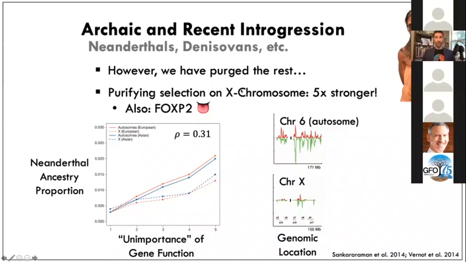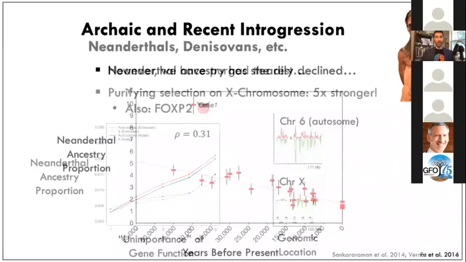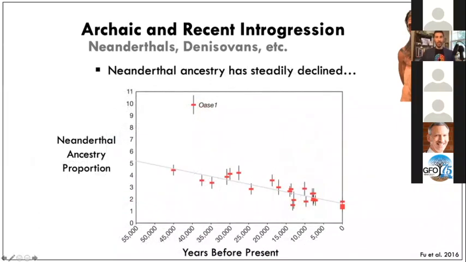Natural selection acts more strongly because there are more conflicts between the X and other places in the genome. So it's 5 times stronger there. Also the FOXP2 gene, which we think is very related to human speech, has the least amount. It's very absent of Neanderthal admixture. So clearly there's this admixture pattern around 40,000, 50,000 years ago, and then slowly we've been purging a lot of that ancestry. And you can see this with ancient DNA as well, except for this one little blip